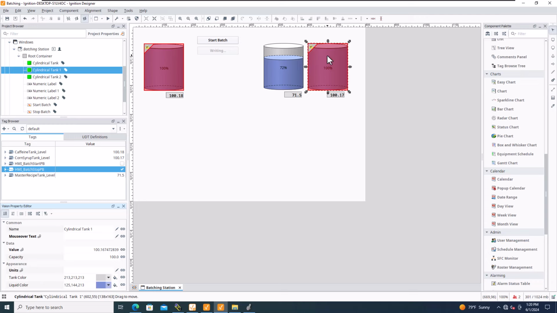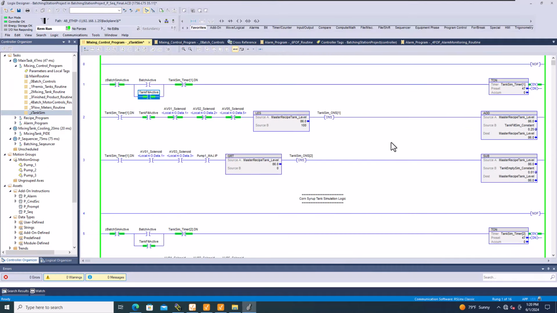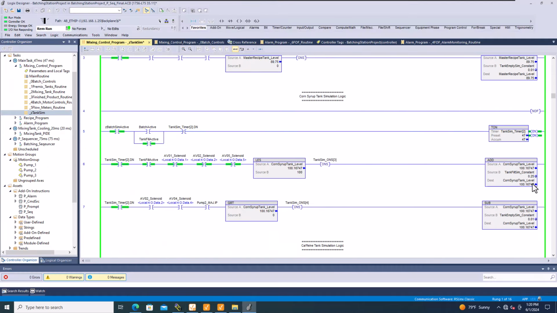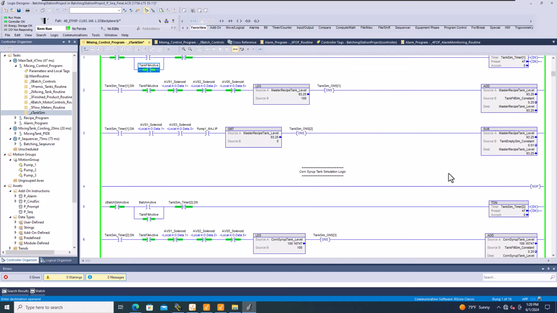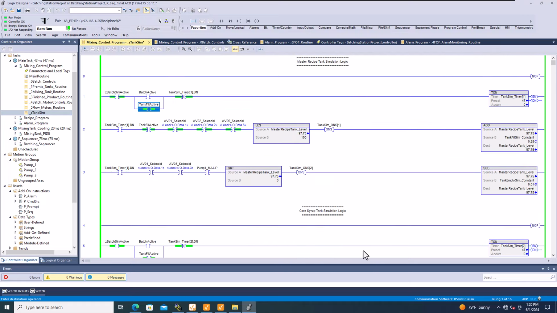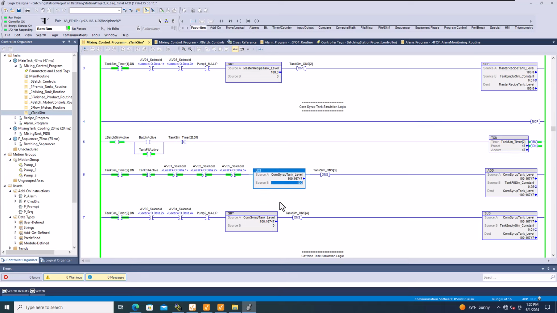Maybe I need to set the tolerances of this tank a little bit closer, or even change it in the PLC program so that it doesn't overshoot, because again, I am simulating these. So it may overshoot just a little bit based upon what it's doing. But I can stop that. I can limit it right here and say, okay, whatever the case may be, change that to